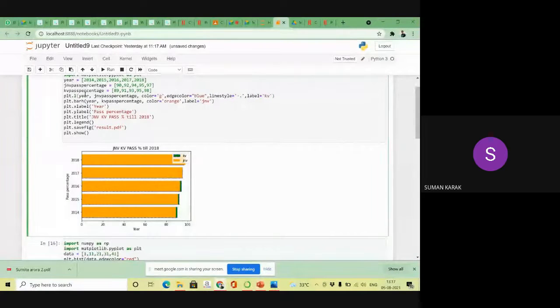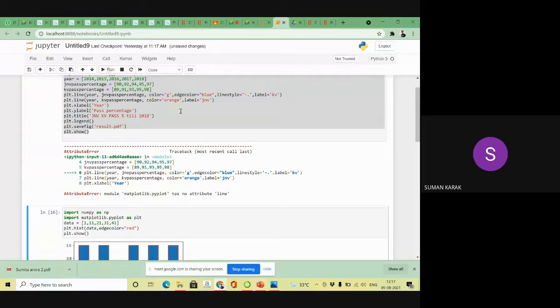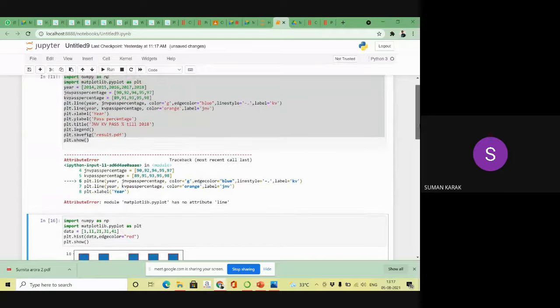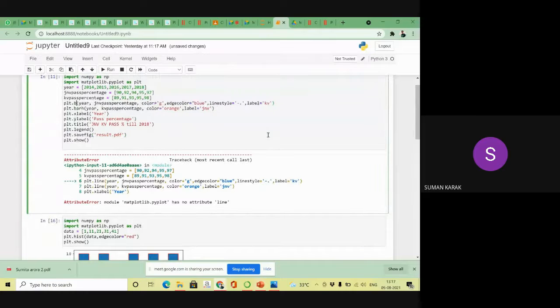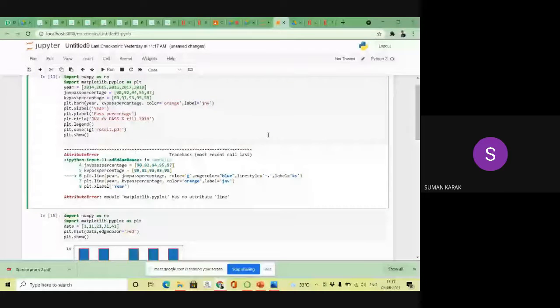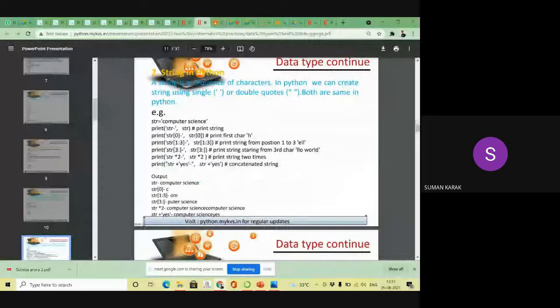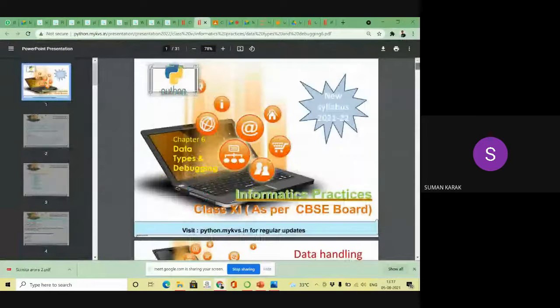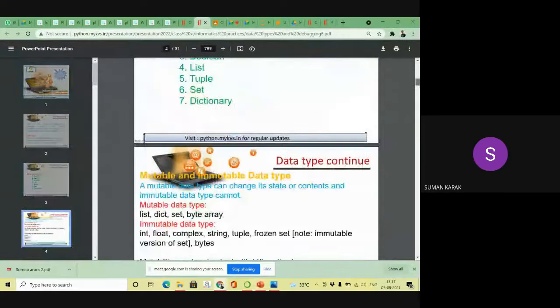Why am I using the legend function? Just try to understand.